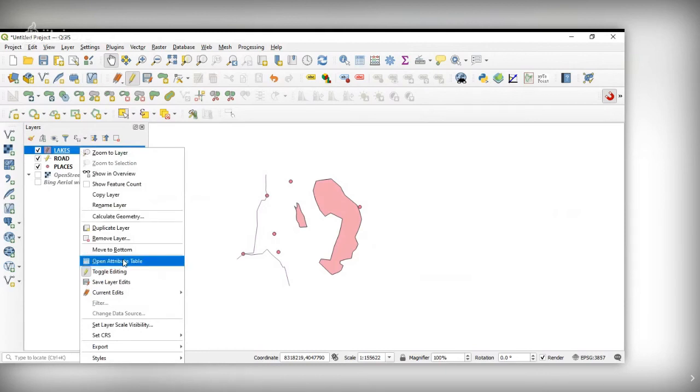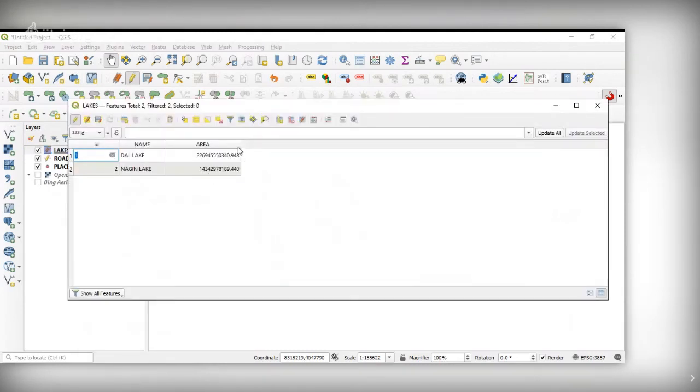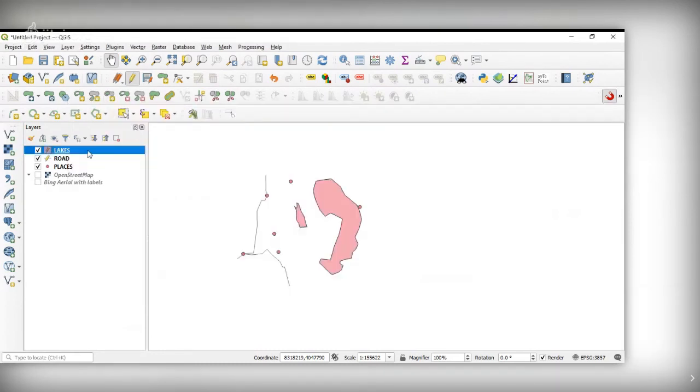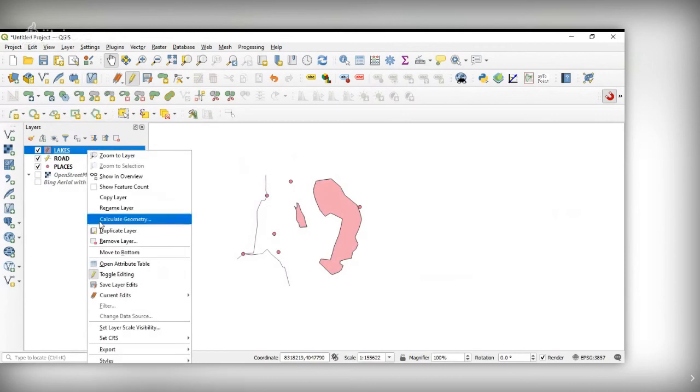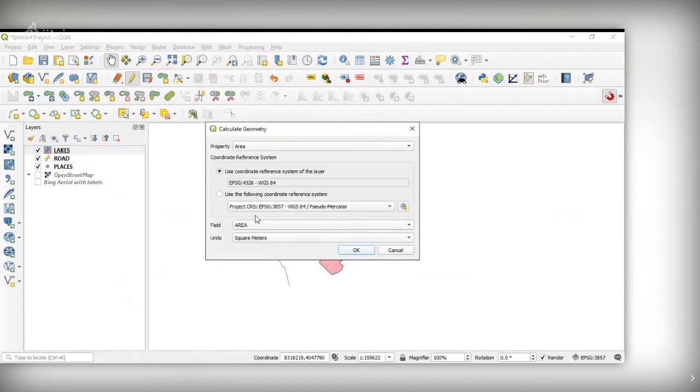Why is it taking as area? It is taking square meters only. Just let me check again. Area, use this square kilometers and say okay.